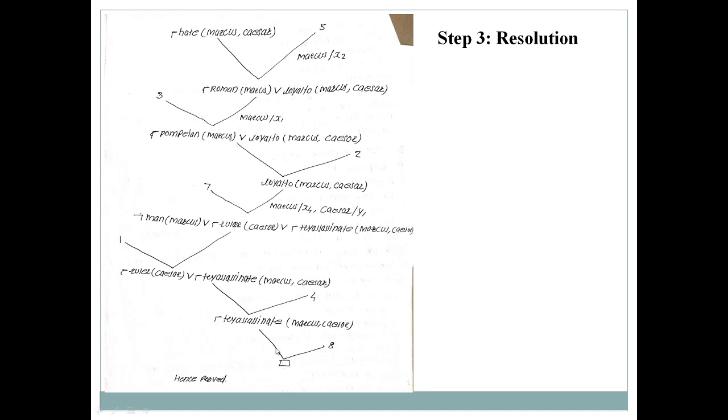So in this way we can say that hence proved, we have proved that Marcus hates Caesar. So this is the complete procedure to prove the particular problem. In this case our problem is to prove Marcus hates Caesar. I hope you understand all the three steps which can be used to solve the numerical based on predicate logic. You will find the numericals based on predicate logic based on these three steps only. Either you need to solve it separately, or you have to solve it completely. It totally depends upon the problem, what is being asked in the problem statement. So based on this you have to solve it.